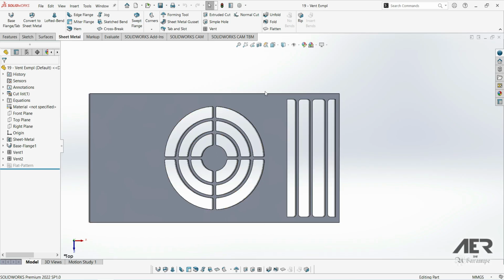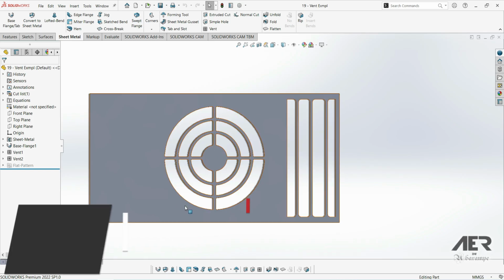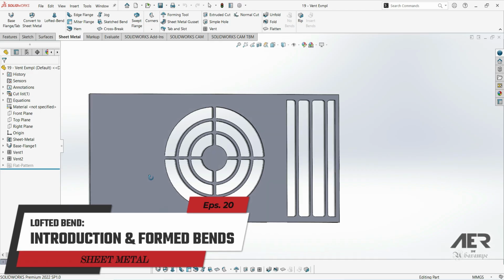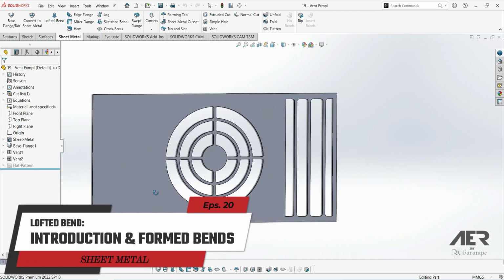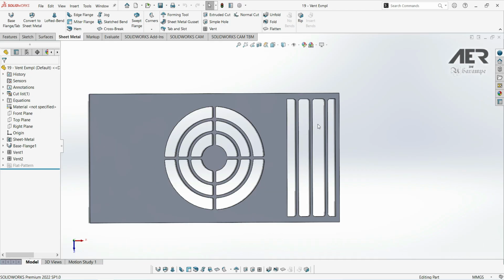We are really getting through this feature as well now, and the next one we're going to look at is the Lofted Bend. This can be used to create a transition between two different profiles. So maybe something like going from a square bend to a more rounded bend. And there's many times this might be useful. For example, it might be something like connecting a round pipe, like an exhaust pipe maybe, with a square bracket